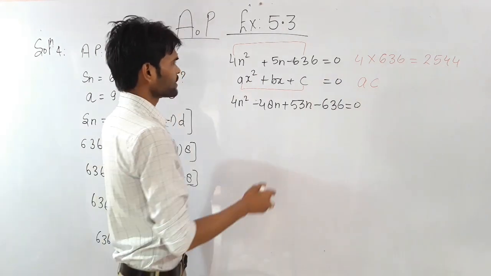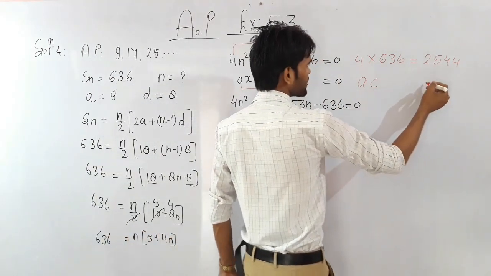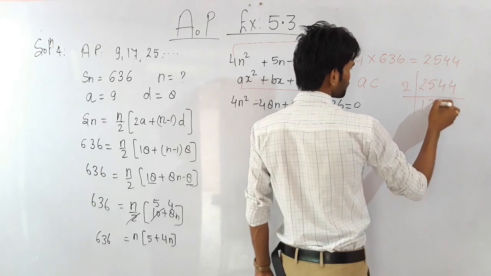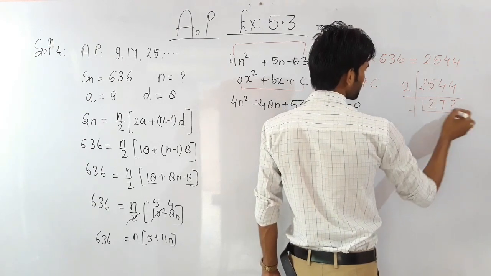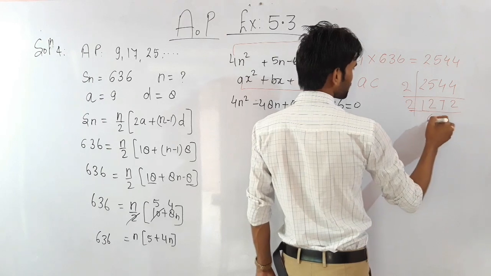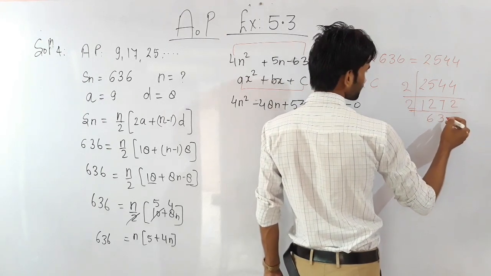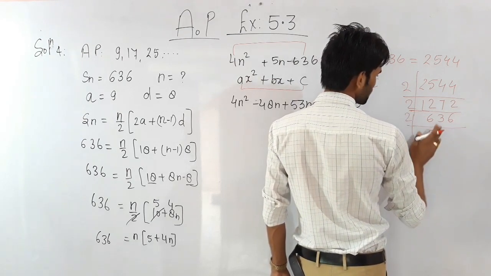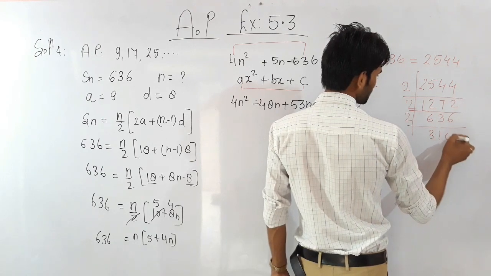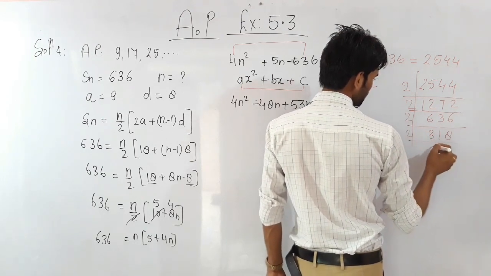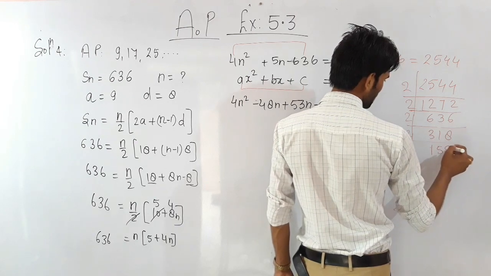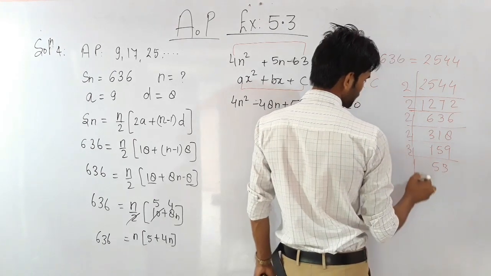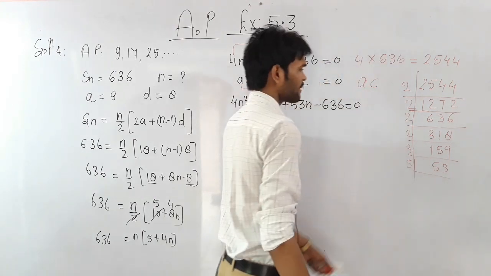Okay, so you may do here factorizing it, 25 and 44. You may write here as 2 1s are 2, 2 2s are 4, 7 2s are 14, 2 2s are 4. Okay, 2 6s are 12, 3 2s are 6, and here 2 6s are 12. Again you may write here 3 2s are 6, and here 2 1s are 2, 8 2s are 16. It will become 2 1s are 2, 5 2s are 10, and 9 2s are 18. Again you may write 3 5s are 15, and 3 3s are 9. So the factors of 25 44 we have obtained like this.